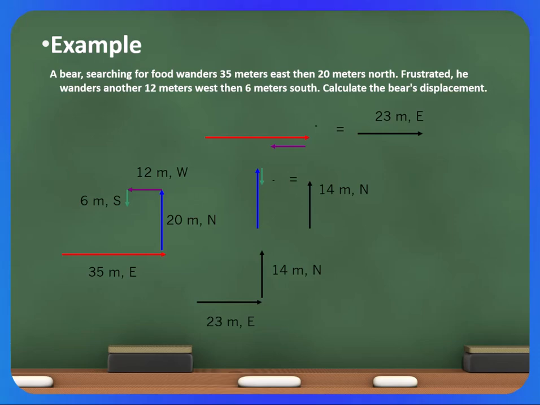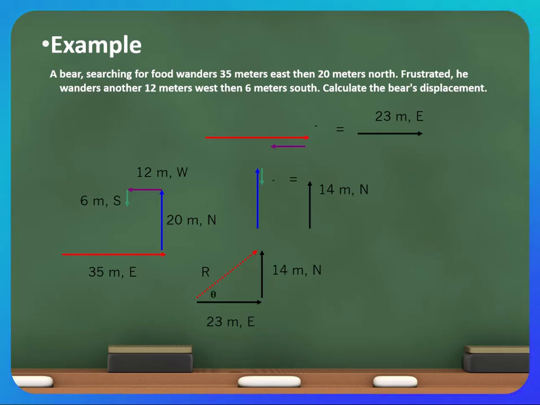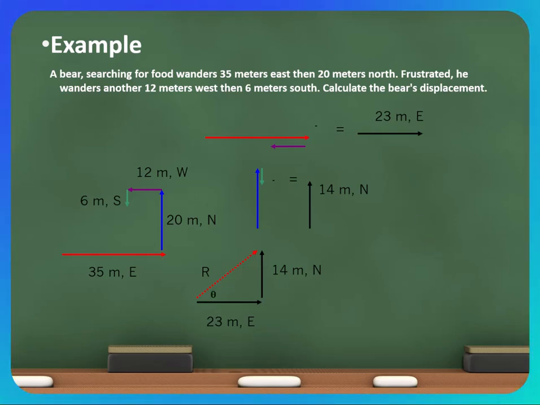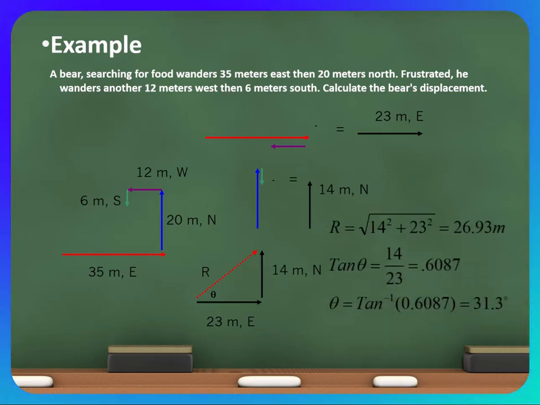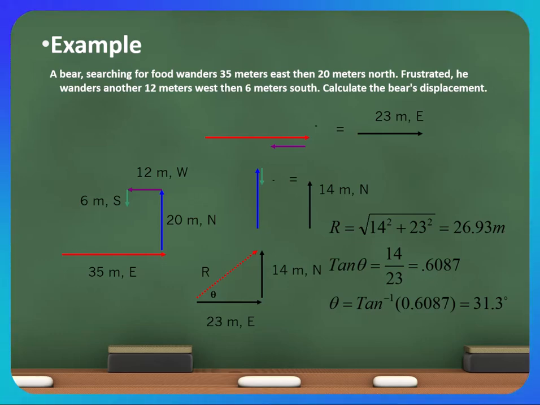So now we can draw these two vectors and then show the displacement. And we should end up at the same place. That's going to be our resultant. All right, to find the displacement, I'm going to use the Pythagorean theorem. So the resultant is equal to the square root of 14 squared plus 23 squared, and that's going to be approximately 26.93 meters. Okay, now that I have all three of those sides, I have the legs and the hypotenuse,